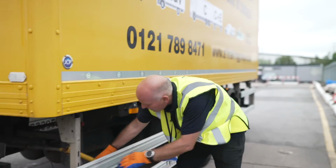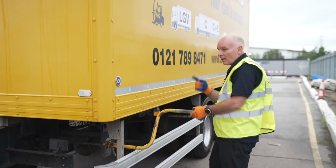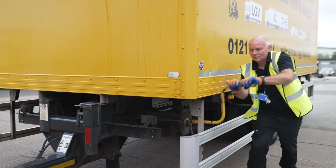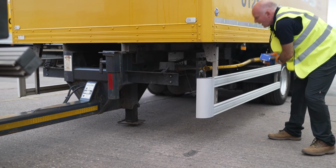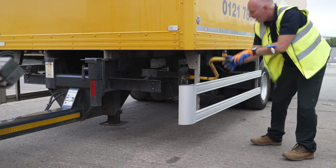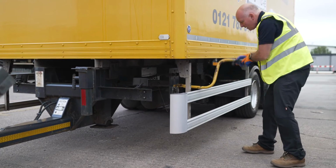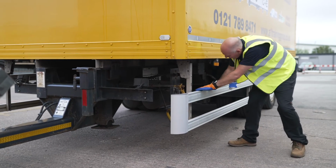Round to the landing legs. You've got to bring the landing legs up. Now, as I said, point down the trailer, legs go down, point up the trailer, and the legs can go up. That's just a bit heavy with the weight of the trailer on the landing legs. At this point, you can raise it on suspension to take that weight off. However, for ease of demonstration, I haven't done that. So bring the landing legs all the way up, turn that back, stow that away,